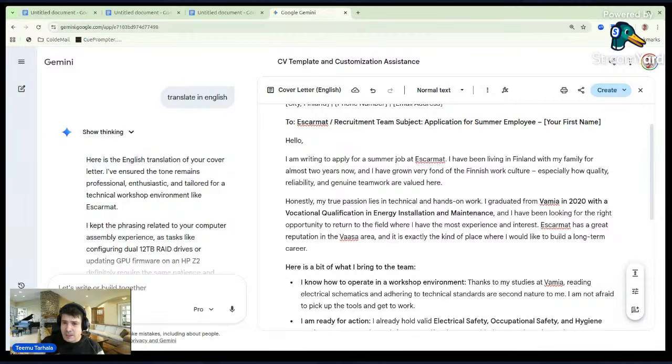Then we gave a bit of our personal details, and then we got a really good one. And of course, these are the templates you're always going to reread by yourself, and you will fix it so that it will sound exactly like you. And this is the reason why people many times ask, what template do I use? What template should I use so that it would pass that system?